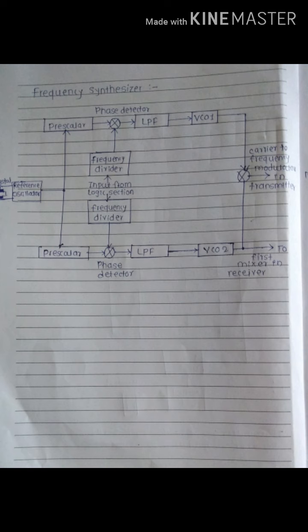This divide by number information is passed from the mobile telephone switching office. The divide by number will set the transmitter and receiver channel frequencies. This is the function of the frequency divider. Frequency comes from the transmitter and is passed to the receiver side. In between, the frequency synthesizer performs its function. The main function of the frequency synthesizer is to provide the required signals to the transmitter and receiver.